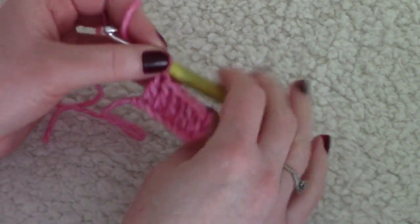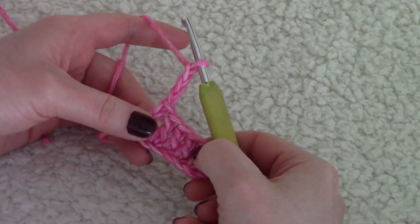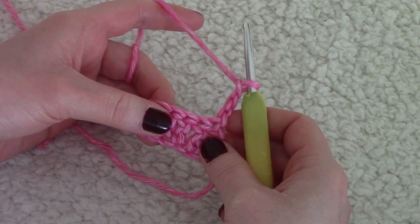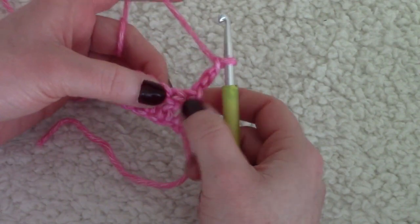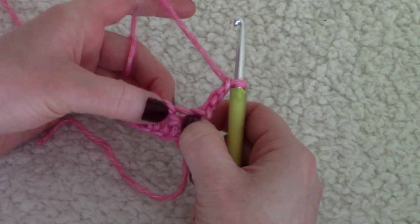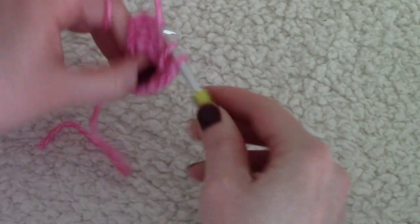So there we go. So to do row 2, you are going to chain 3, 1, 2 and 3, and this counts as your first double crochet. Turn your work, and as this counts as your first double crochet, you're going to go directly into the second stitch. So this is the first stitch, go into the second right here and place a double crochet like so,